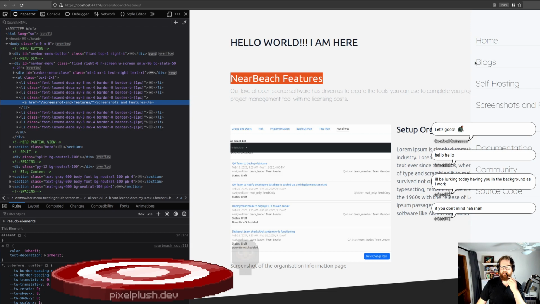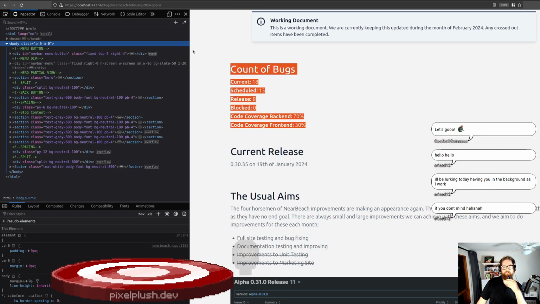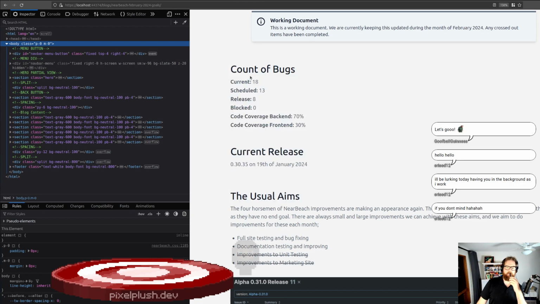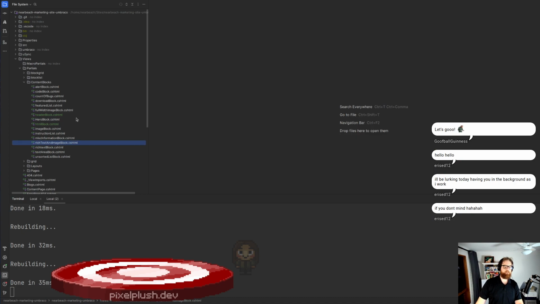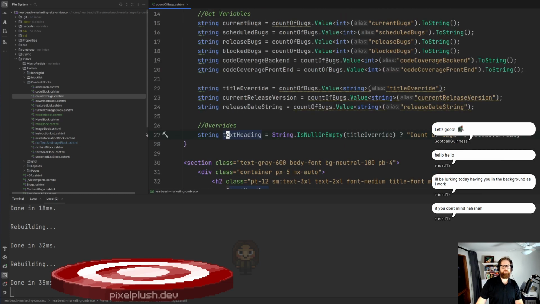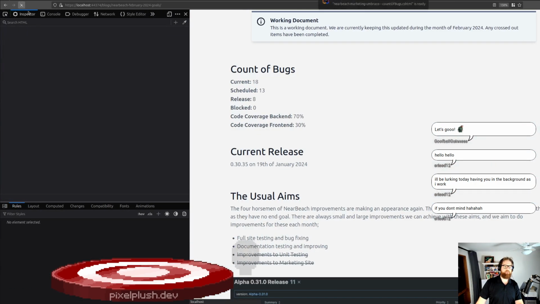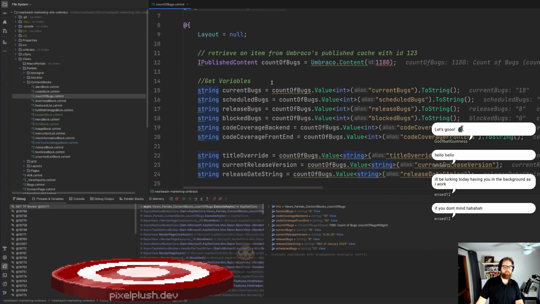Okay, so our next thing with our blogs. This is working perfectly fine, but there was something else we wanted to state on this. Last updated. Okay, so what we need to do is, this is actually counter bugs. We're going to put a breakpoint here. We're just going to refresh this page. We've hit that breakpoint. And what I want to do is add